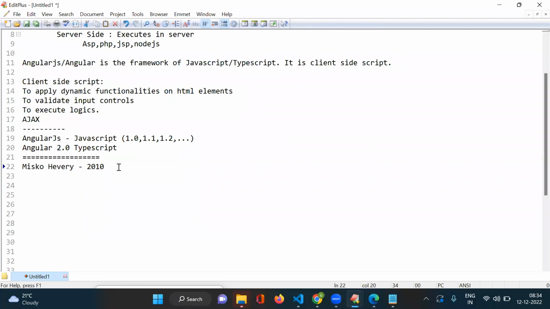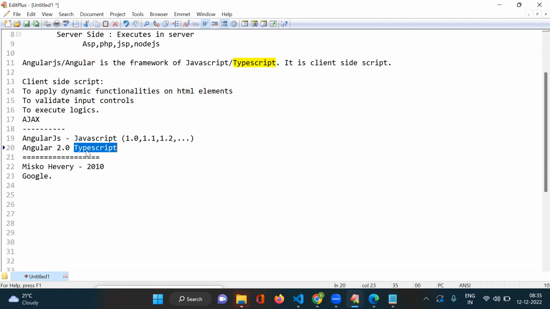Now, who is maintaining this Angular? Google Corporation is maintaining Angular. And TypeScript is also there. Angular is nothing but TypeScript coding internally. I told you they are providing many packages for us to work with the client-side logic, and those packages they implemented with TypeScript. That TypeScript belongs to Microsoft Corporation. So it is nothing but the combination of two big companies. One is Google, another one is Microsoft. Angular belongs to Google, and inside this Angular the packages are implemented with TypeScript. That TypeScript belongs to